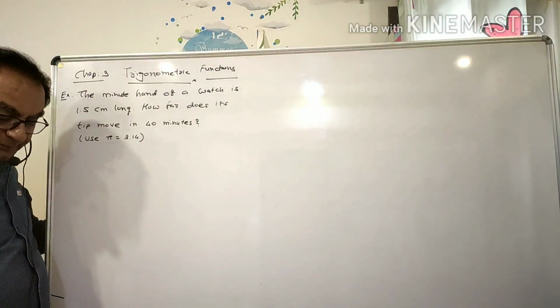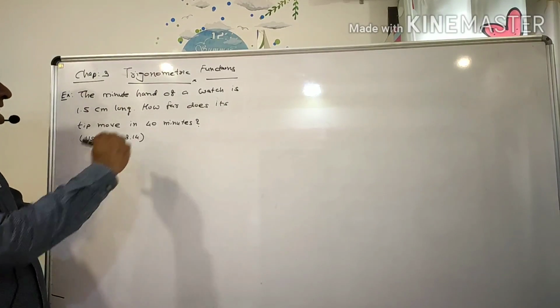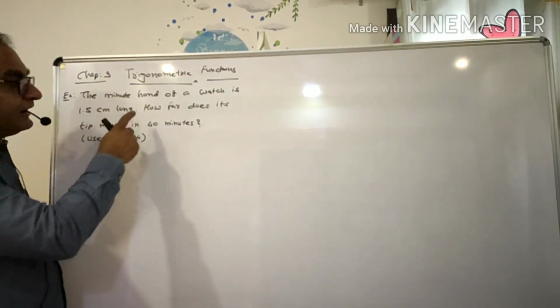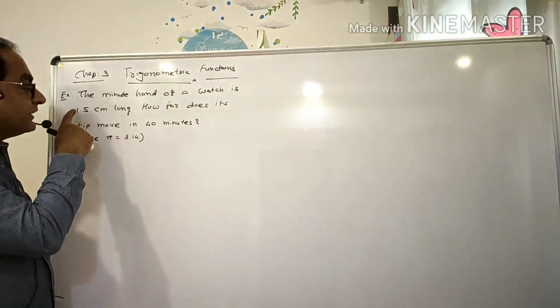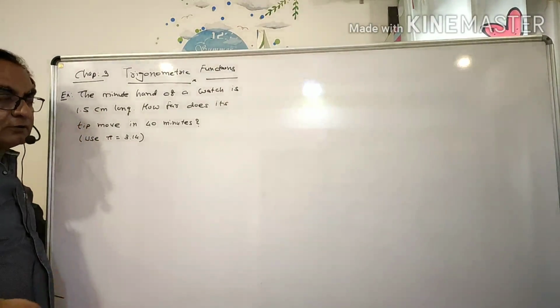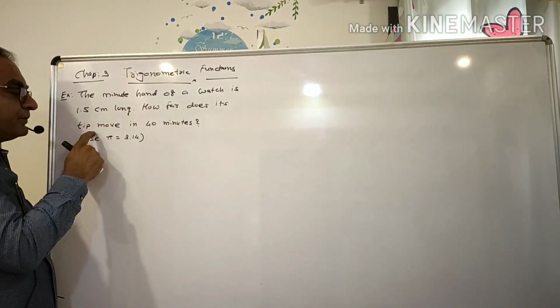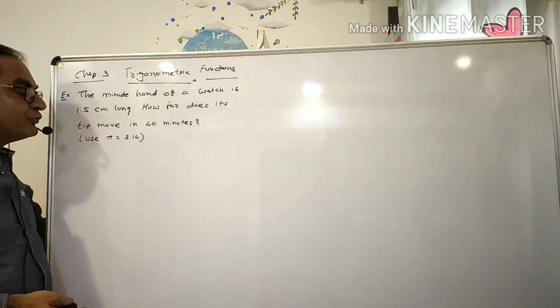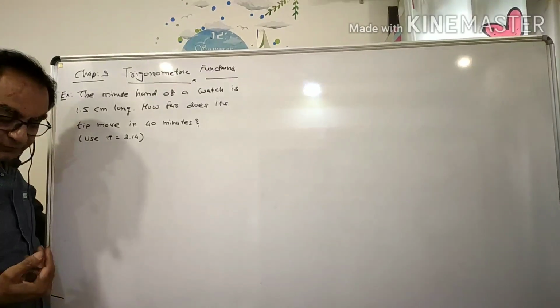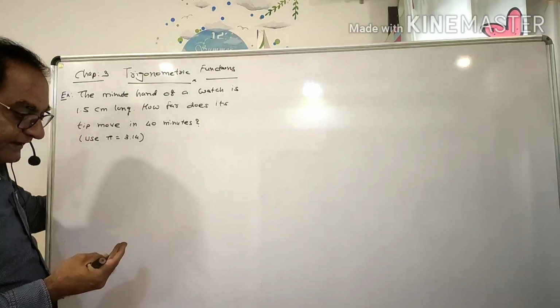Yes, we will see this example. The minute hand of a watch is 1.5 centimeter long. How far does its tip move in 40 minutes? Use pi is equals to 3.14. Here they have mentioned